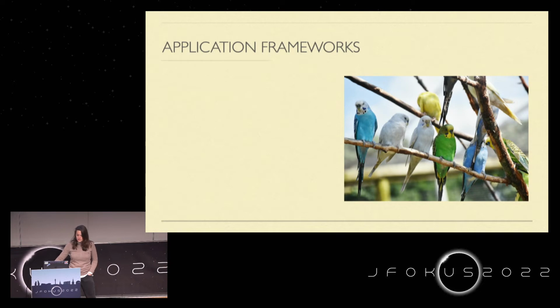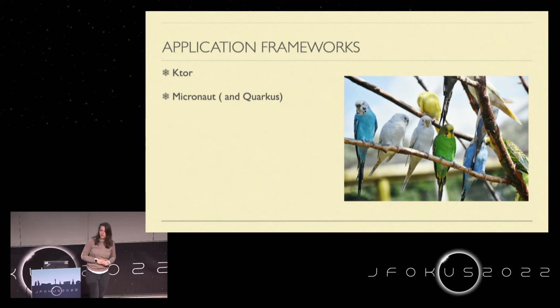Let's go. So what about the application frameworks? The first suspect in the Kotlin ecosystem is Ktor. Ktor has been made by JetBrains, so of course they will say go for Ktor if you choose Kotlin, which is a proper choice. Other ones are Micronaut and Quarkus, and I don't want to harm anyone by putting them side by side, claiming that they're kind of the same, but regarding Kotlin they're kind of the same. So sorry to the Quarkus and Micronaut developers here.